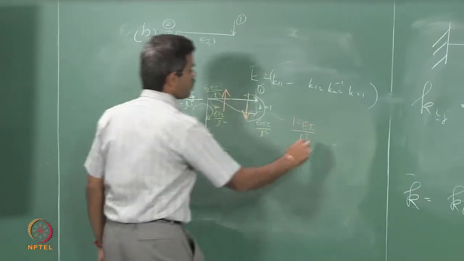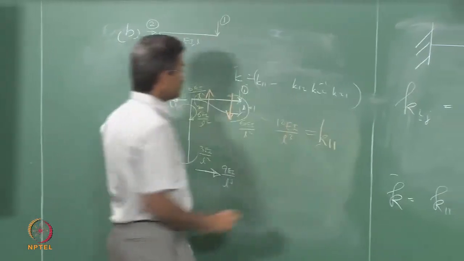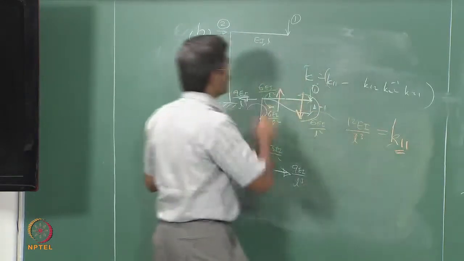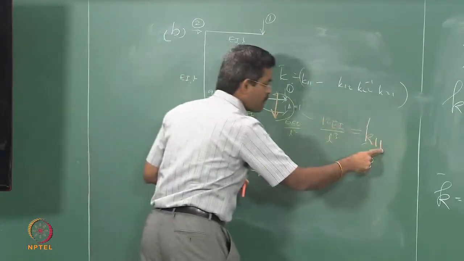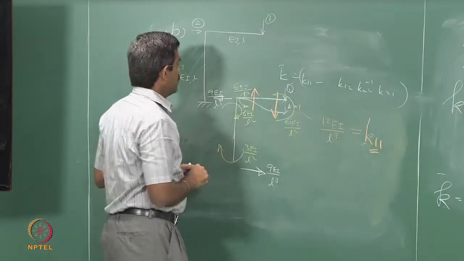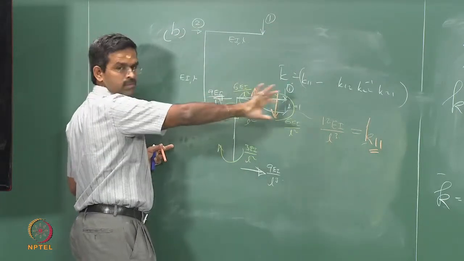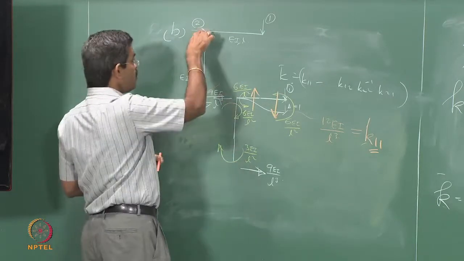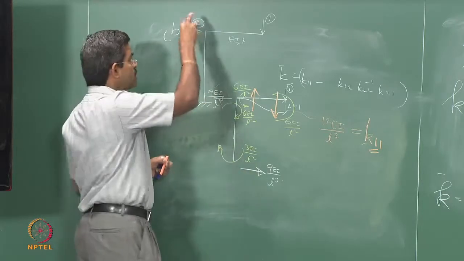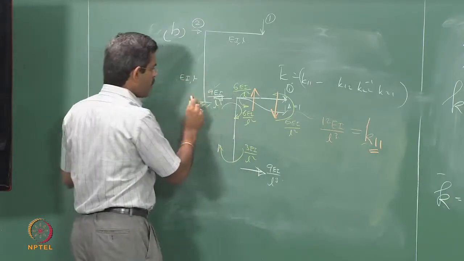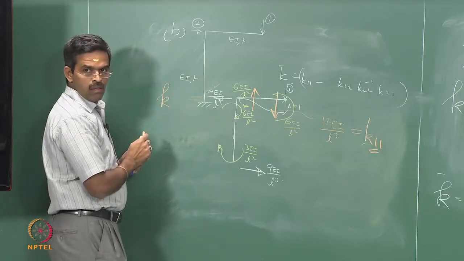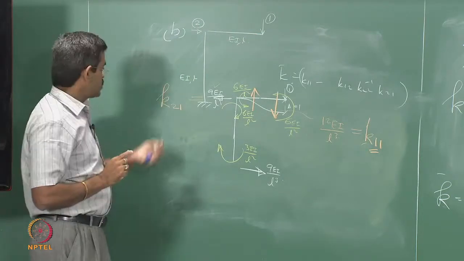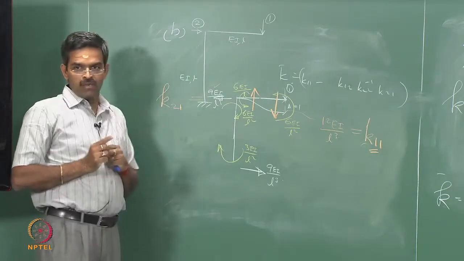So, obviously, this value is going to be K11. Why is it K11? This is the force in the first degree because of displacement given in the first degree. Now, the force in the second degree I want is lateral, so I have to look at this value. You may say this is also lateral, but this is at this node, and this is at the other node. So at this node, this value will be K, the node is 2 but displacement given in 1, therefore it is K21.